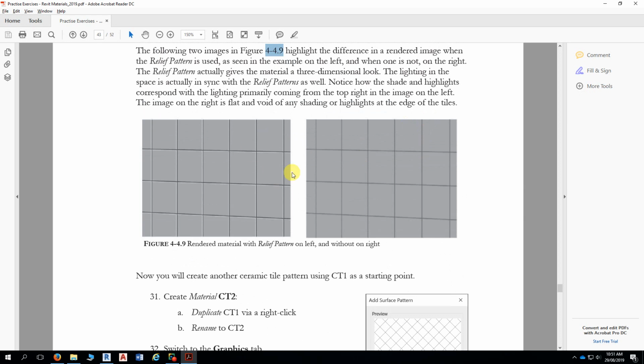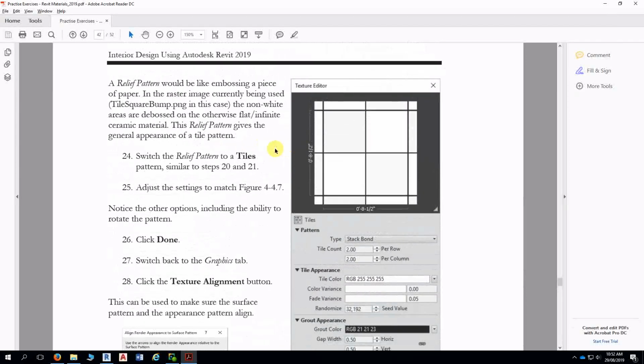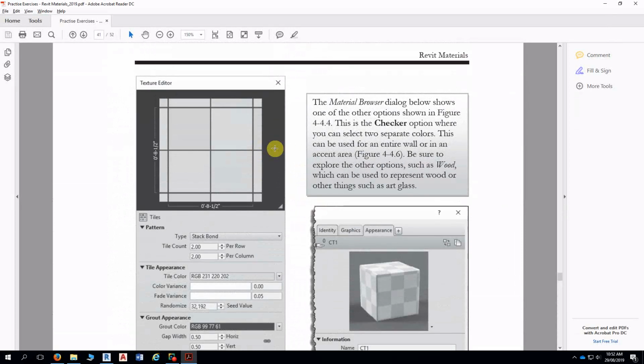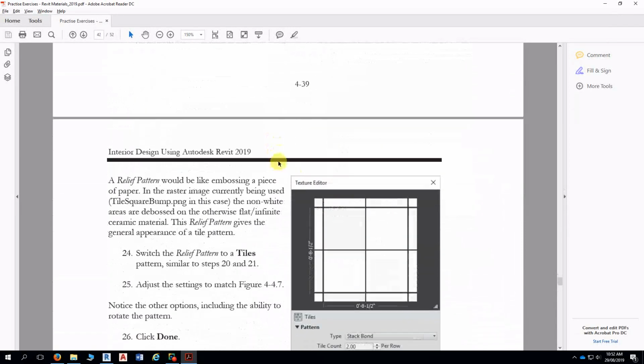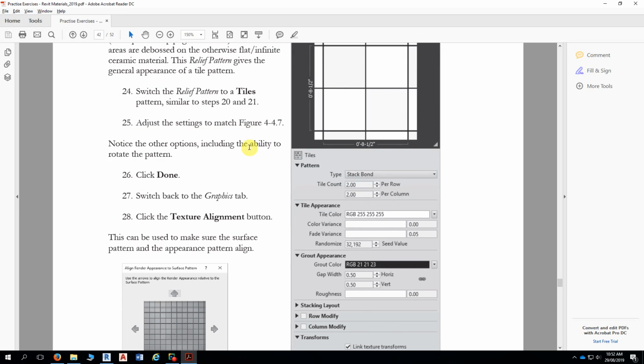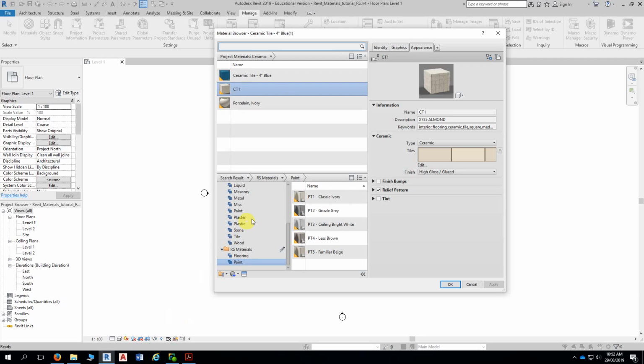So to create that relief pattern, we go back to our material and we switch the relief pattern to a tiles pattern, similar to steps 20 and 21. Now, the relief pattern, okay, if we go back to our Revit project, the relief pattern, if you can,